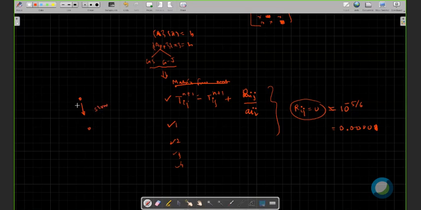Or there may be some difficulties in convergence. So in order to enhance the slowness or remove the slowness of your convergence behavior, we have something called acceleration. How to accelerate? And to remove the difficulties in convergence, we have something to remove these convergence difficulties.